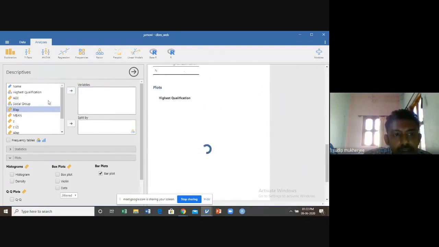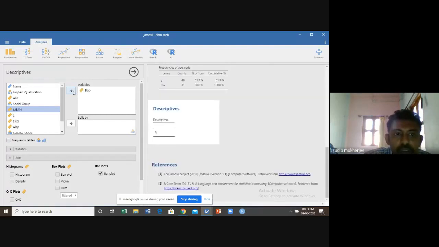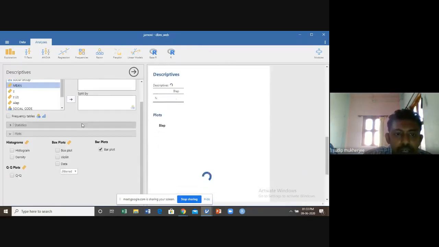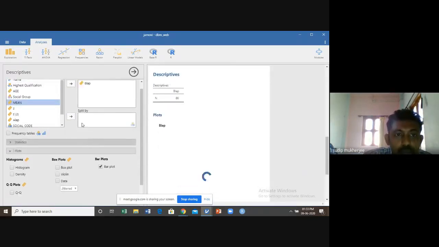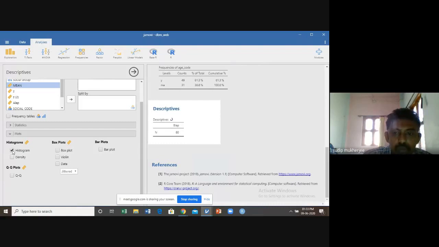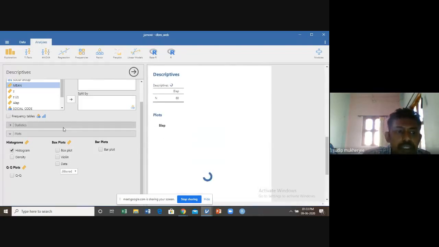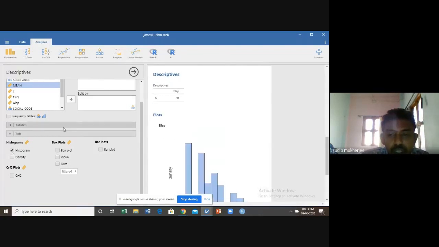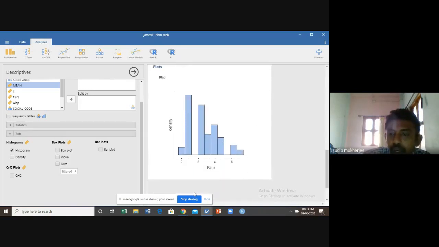Next, we try to draw the histogram of the computer usage, not the bar plot. We draw the histogram because this is a continuous variable, and for a continuous variable a histogram is possible.